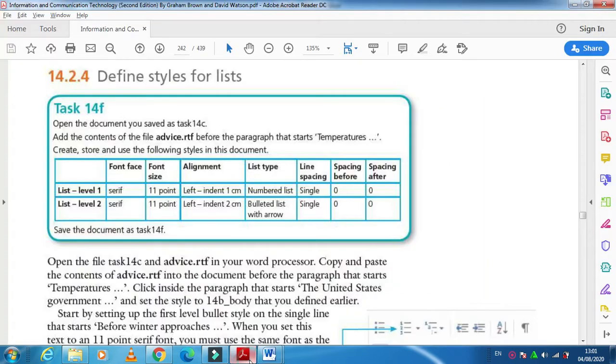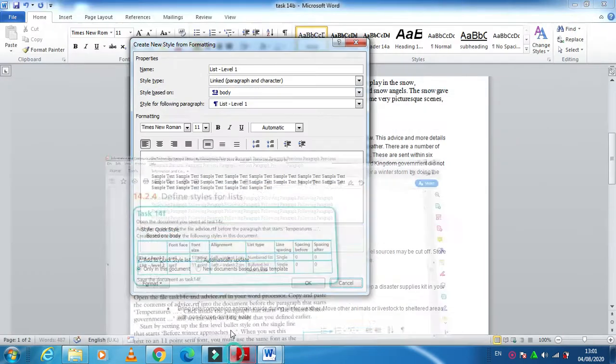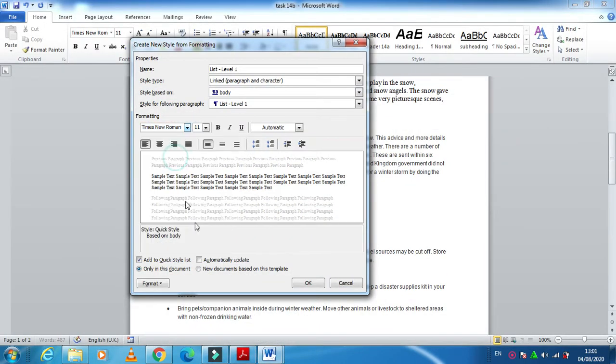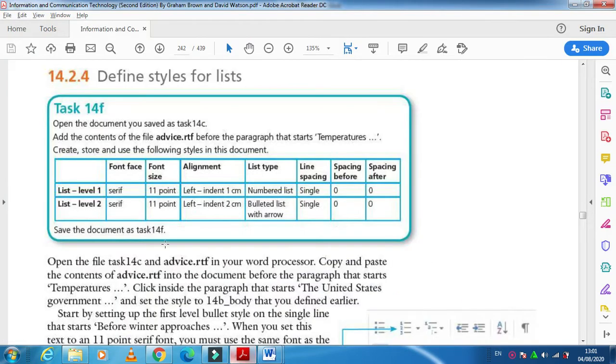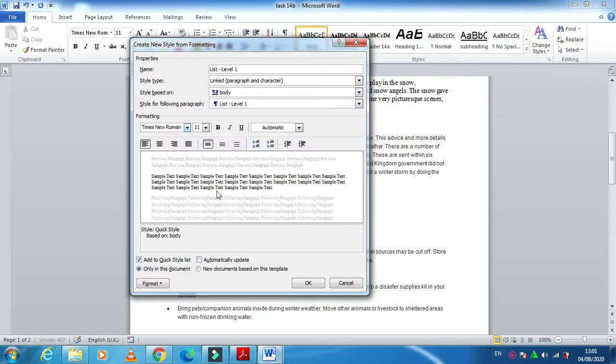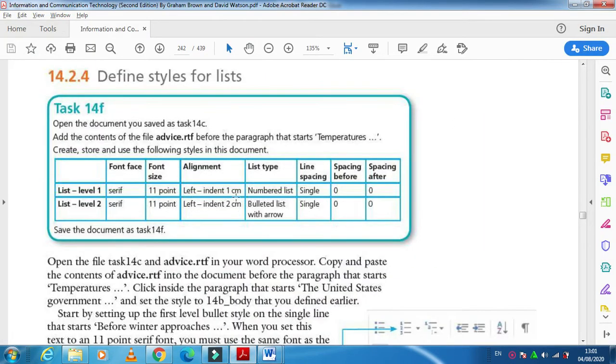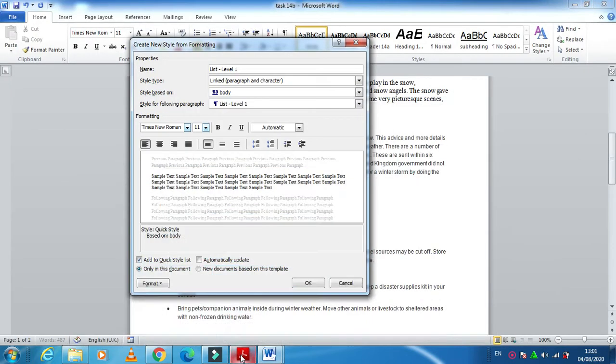What I need to do in this style, I need to have a serif font, so Times New Roman is the best example, and the font size is 11 point, it is already 11 point, and then we have left indent 1 centimeter.